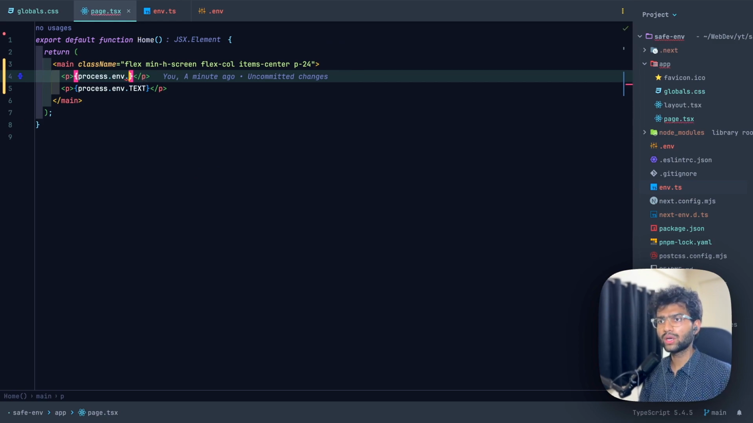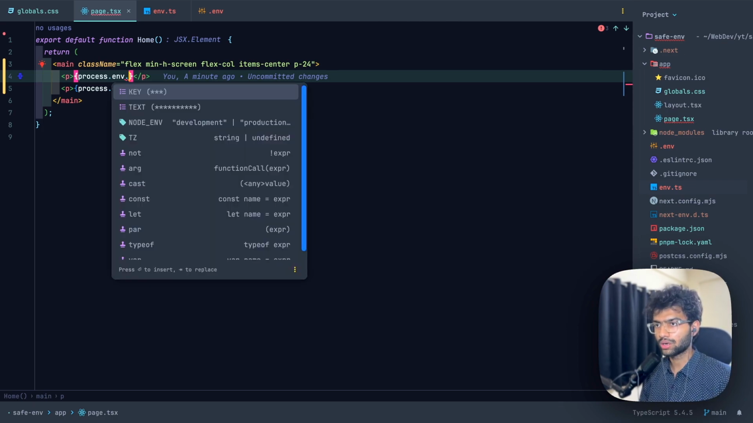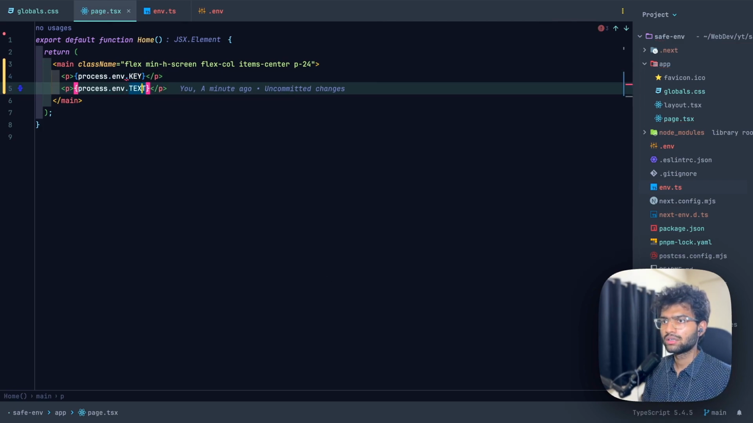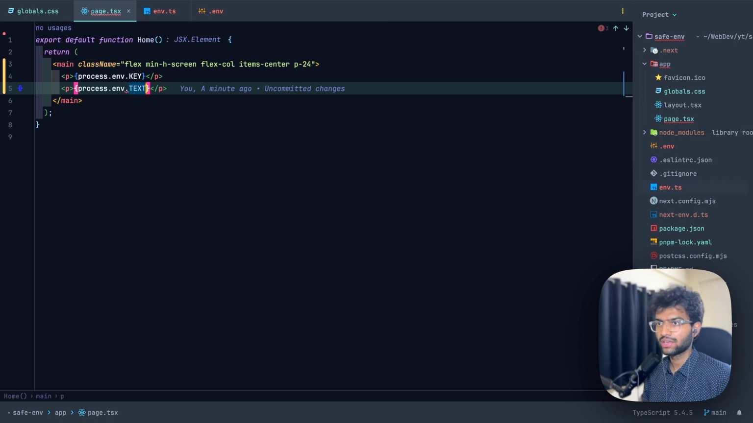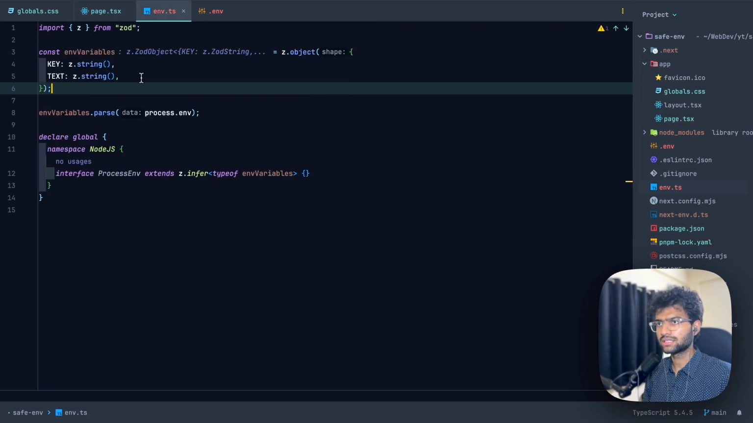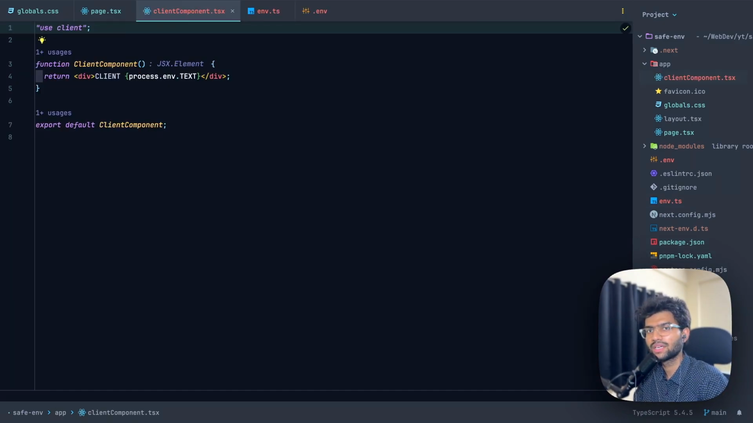So now whenever you try to access the env, that is the environment variable inside your project, you'll be getting some kind of autocompletion. That is, the key is something and the text is something. So you're getting 100% autocompletion over here, which is great. And this works out pretty well in basic conditions, like in this case. Alright, now that we have seen how we can use environment variables on a server-side component, that was our page.tsx,